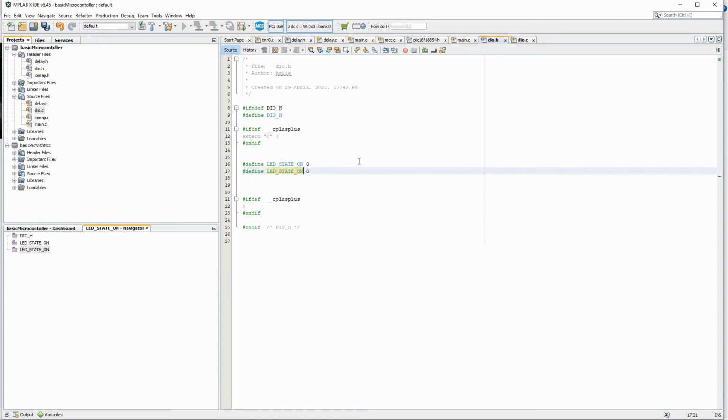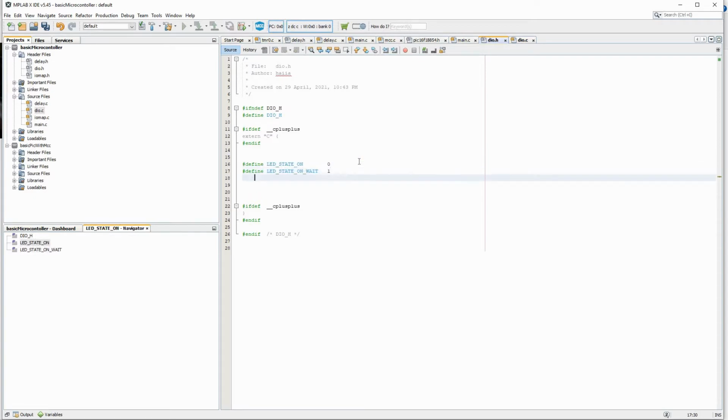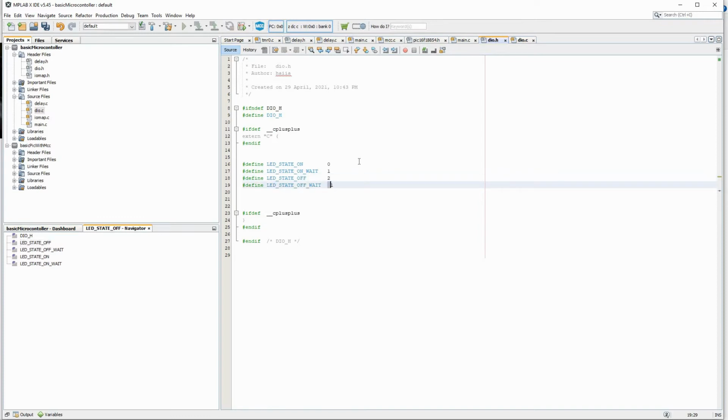State on underscore wait. So I'll do 2 and 3. These are defining the different states.